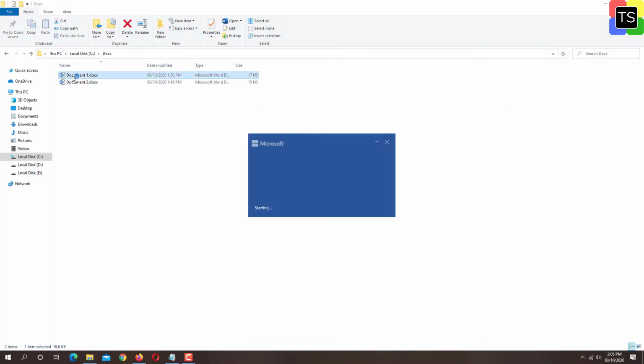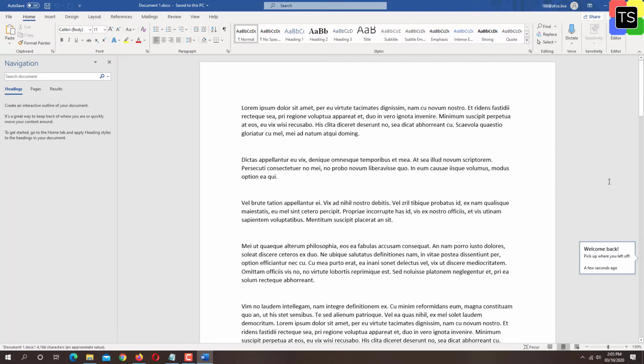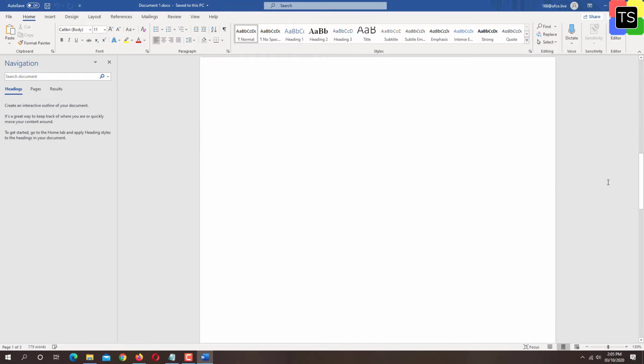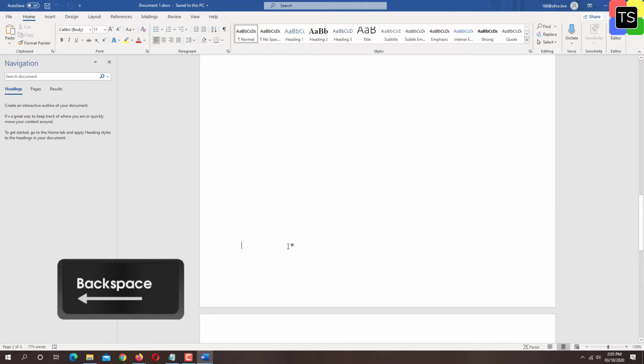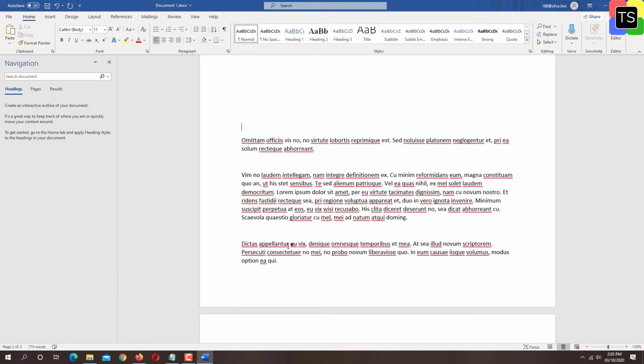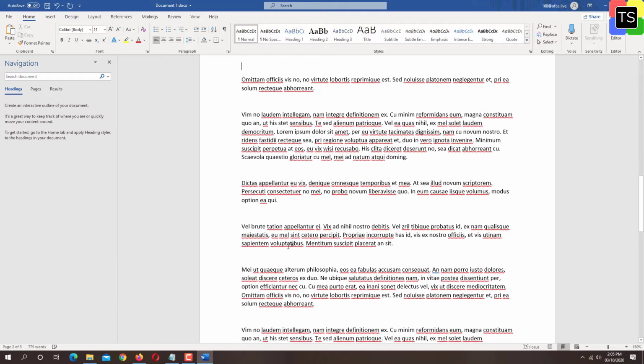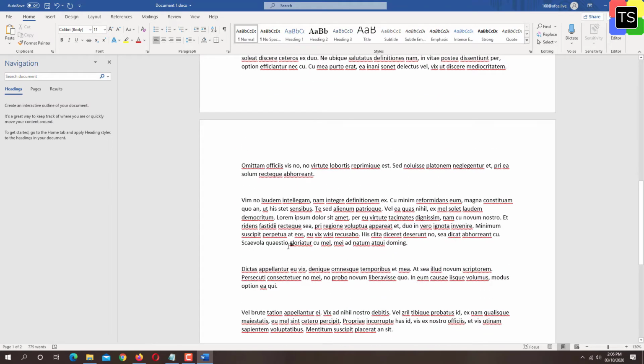First open the Word document. Now go to your unwanted blank page, which is the page number 2 in our case. Click as close to the bottom of the page as you can get and press the backspace key on your keyboard until the page is removed. Now you can see the blank page having the page number 2 has deleted. Now you can save the document.